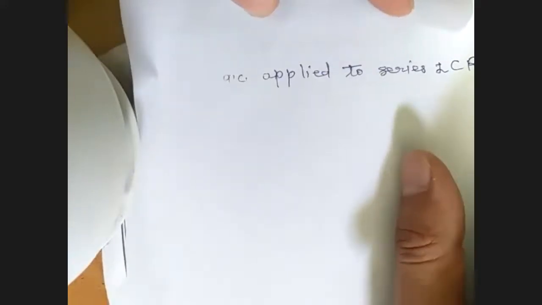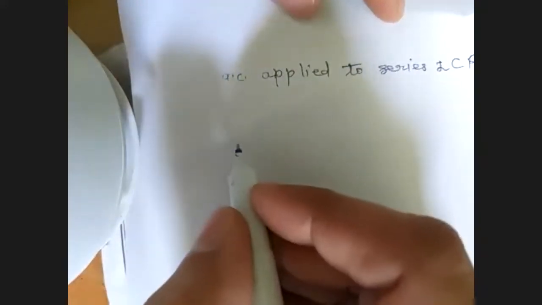This is what we are going to see. So we'll start with the namkaran of the circuit, right? So consider an inductor of inductance L, capacitor of capacitance C,